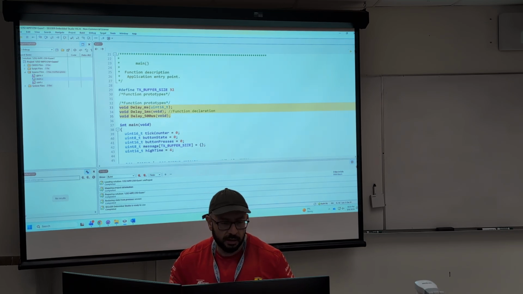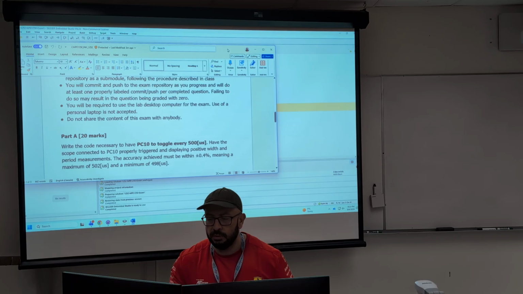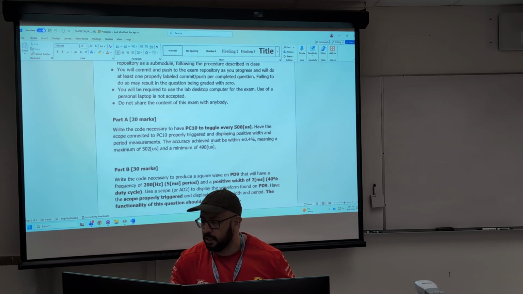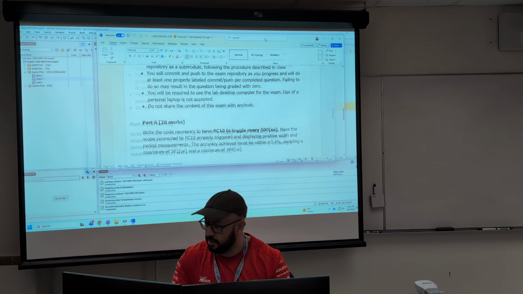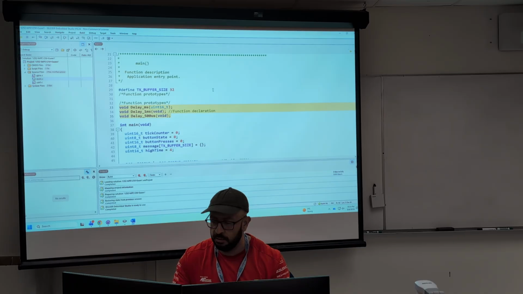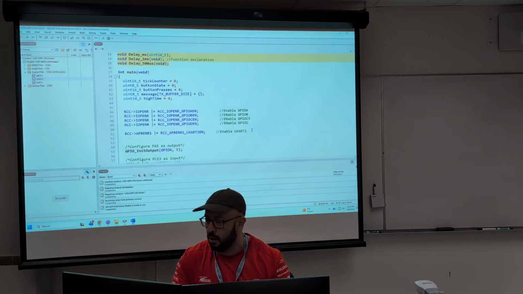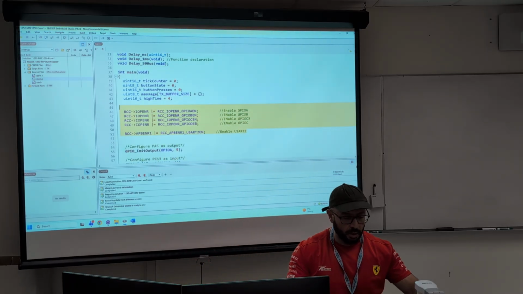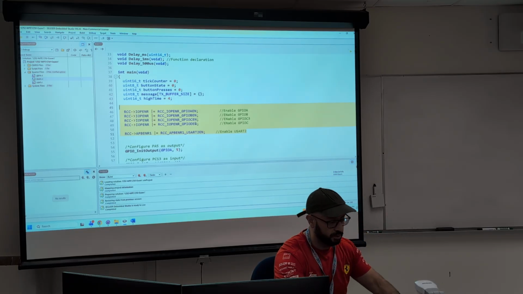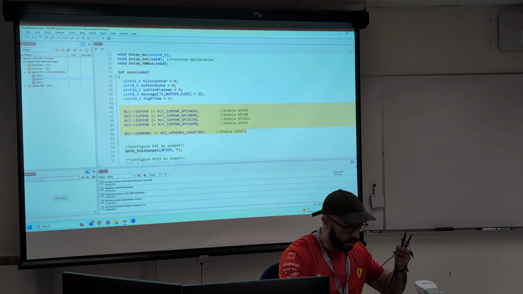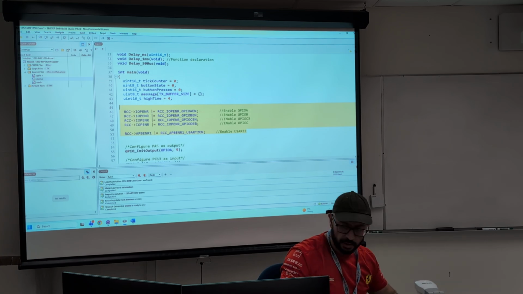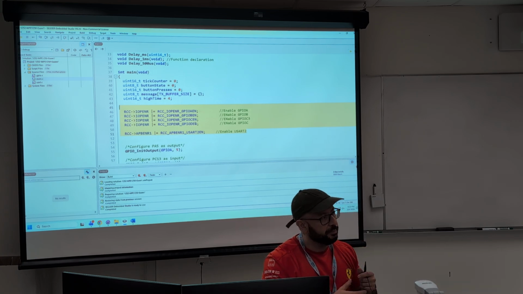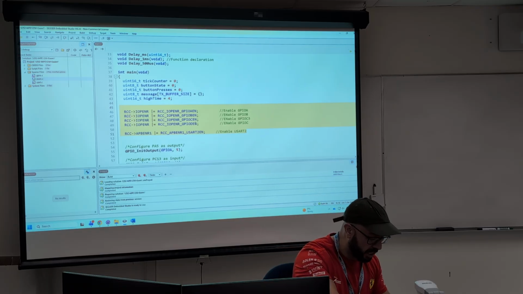So the first question was very simple. It's just about implementing this 500 microseconds function and having PC10 toggle every 500 microseconds. Of course, I have enabled all the ports and the power interface here, although we don't need the power interface yet, and I selected pins that were easy to locate on the board.